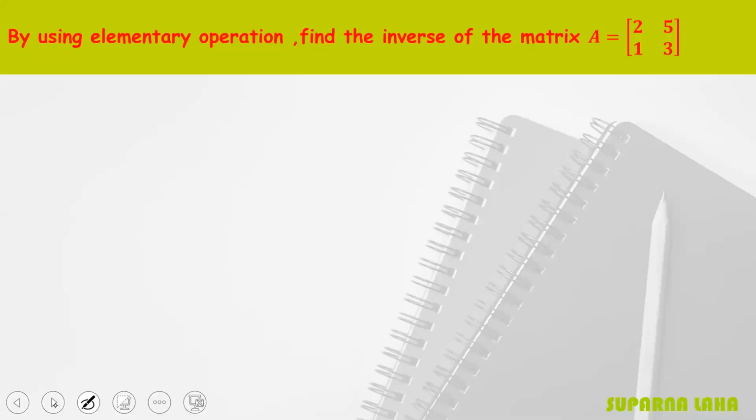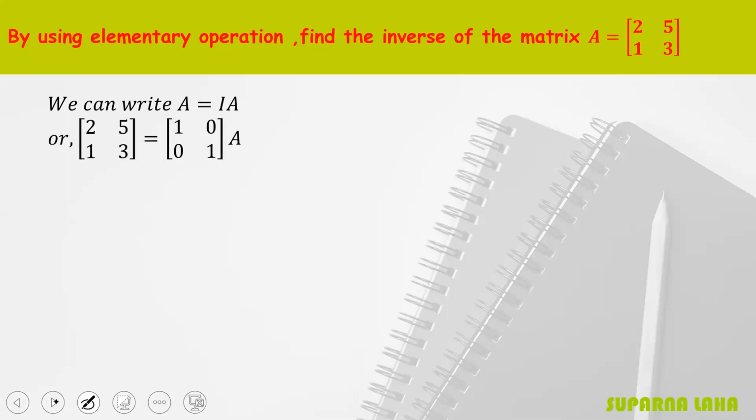So here is the first problem. A 2 by 2 matrix is given: 2, 5, 1, 3. This 2 by 2 matrix is given. So we can write A is equal to I into A. Then write down the matrix A and I. Now our first work is,